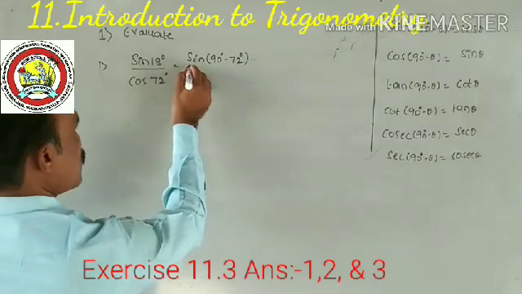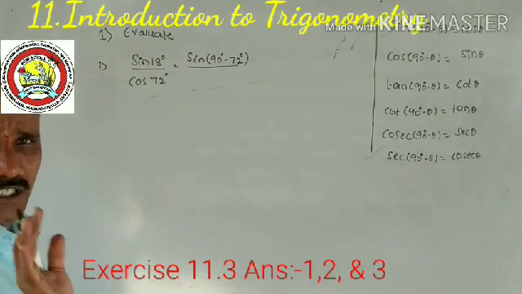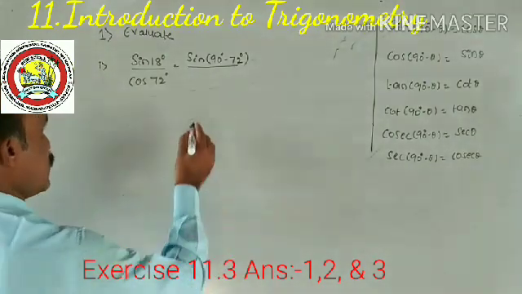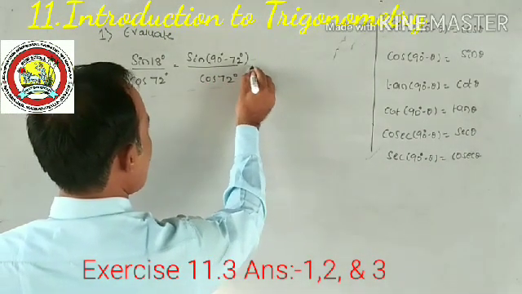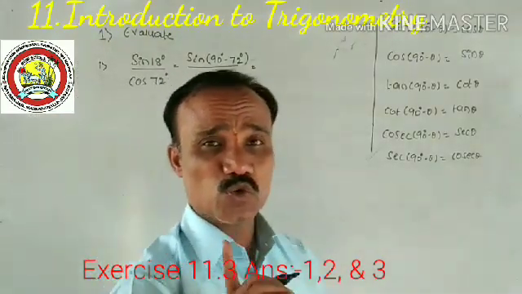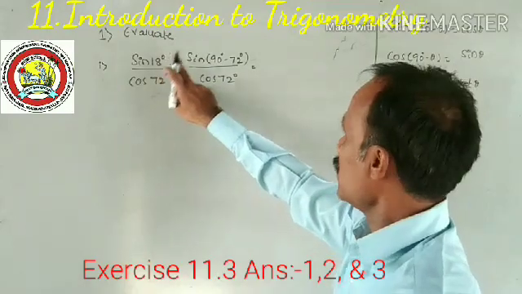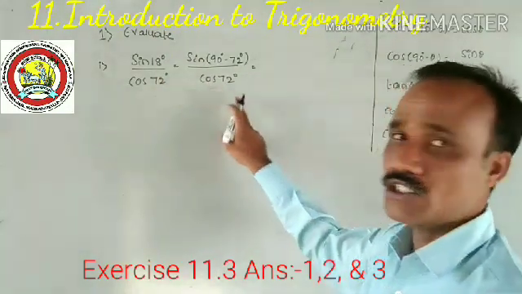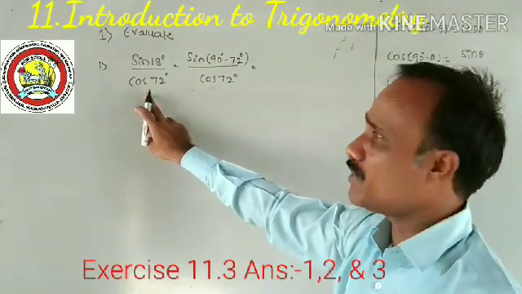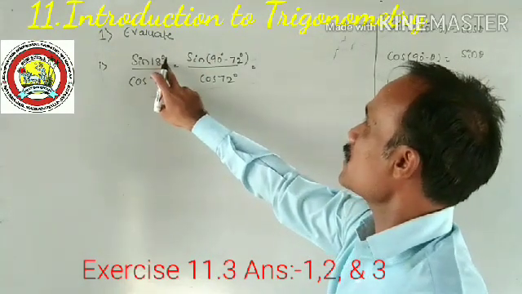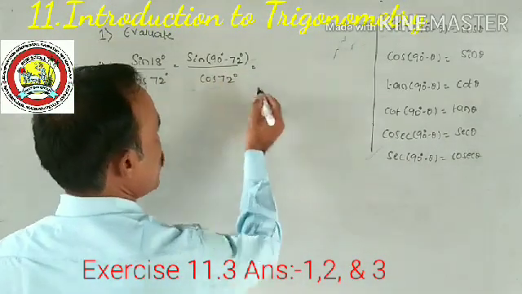Any one. Thus divided by the denominator. Please don't make any changes. Keep as it is, cos 72. Either you should change numerator or denominator. You should convert the sine into cos or cos into sine. Otherwise, sine 18 as it is. Denominator can be written as cos 90 degree minus 18 degree. Yes, very simple.